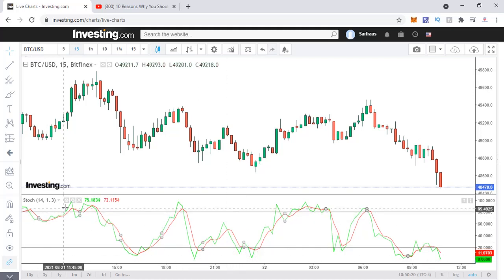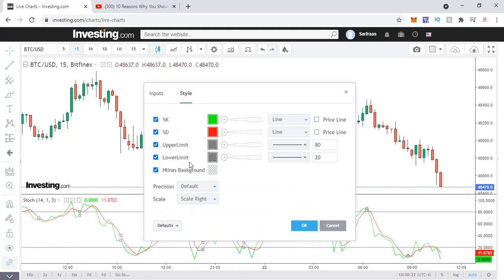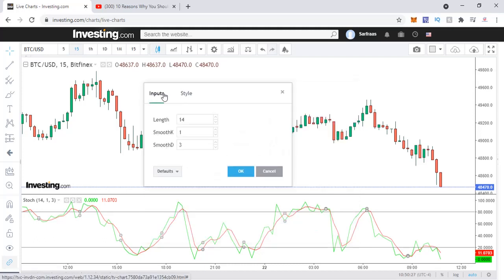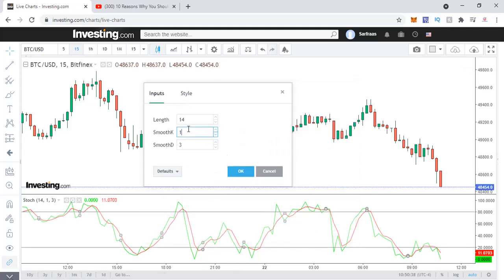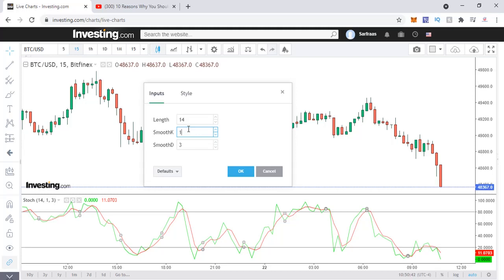Now here in the settings again you have two lines, the K line and the D line. The K line here, I have made this the default color, green. This is supposed to be a faster line. You can see the value over here is small. Typically, the smaller the value, the faster it reacts, like moving averages: you put 3 or 4, and it will react faster to the market. So the K line is supposed to be the faster line.